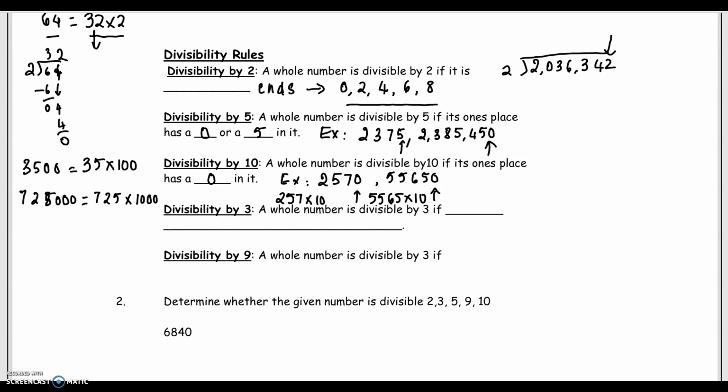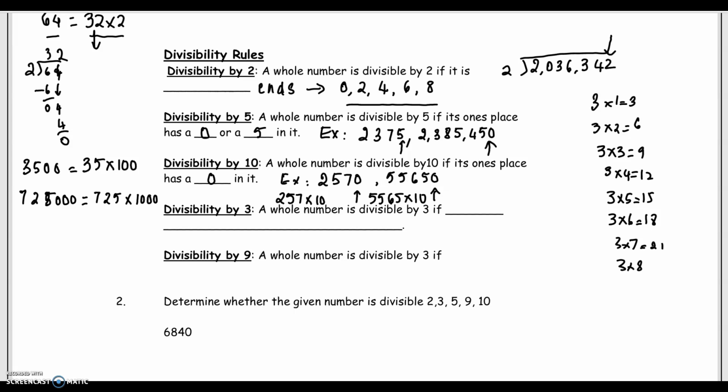So we have 3 times 1 is 3. 3 times 2, 6. 3 times 3 is 9. 3 times 4 is 12. 3 times 5 is 15. 3 times 6, 18. 3 times 7, 21. 3 times 8, 24. 3 times 9 is 27. And 3 times 10 is 30. 3 times 11 is 33. 3 times 12